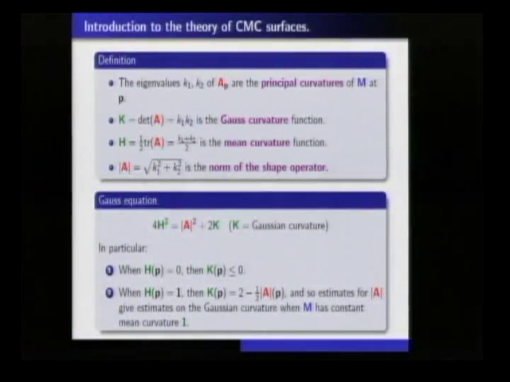Lots of related questions to that question. But perhaps, for special numbers, the mean curvature determines how the surface is actually sitting globally in the space. And all this came just from the definitions, right at the beginning of the subject, the definition of what the Gaussian curvature is, what the mean curvature is. You get these very nice